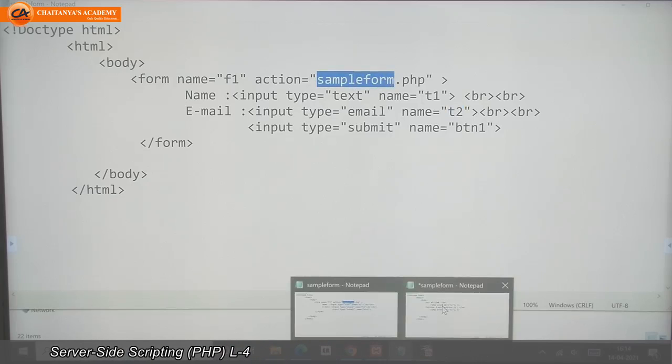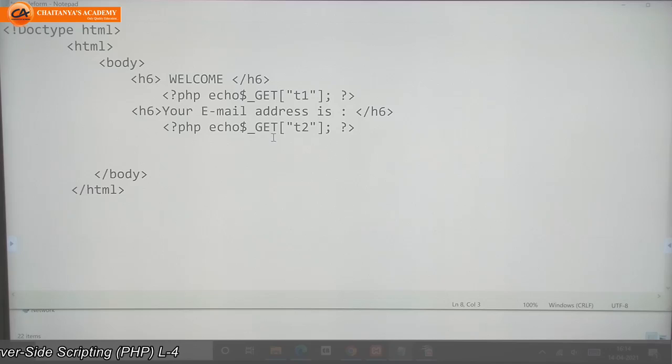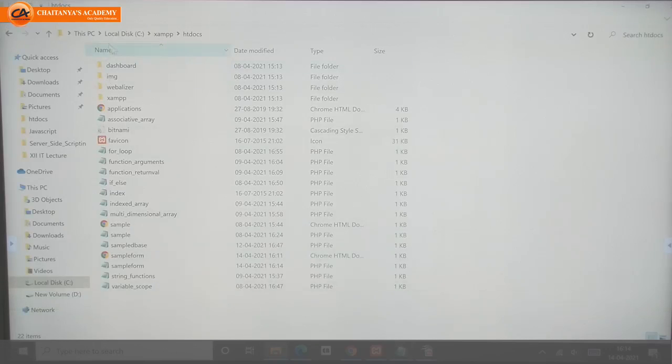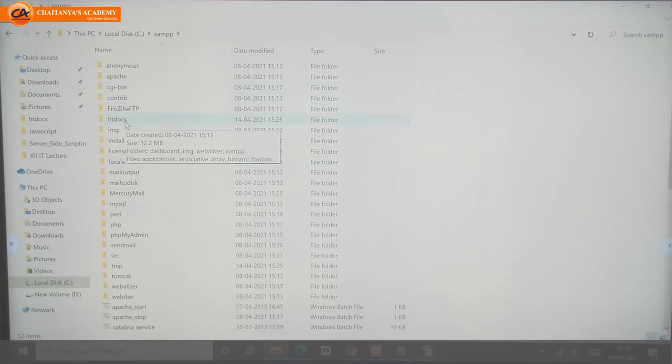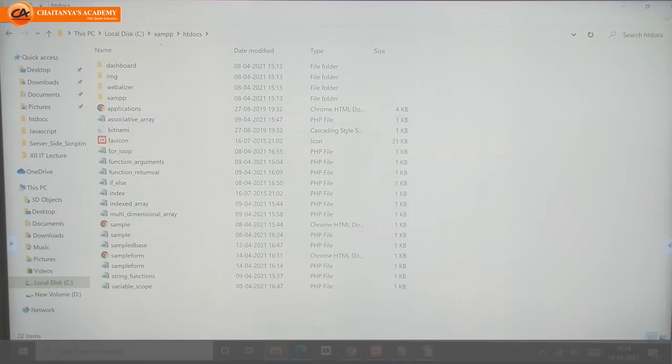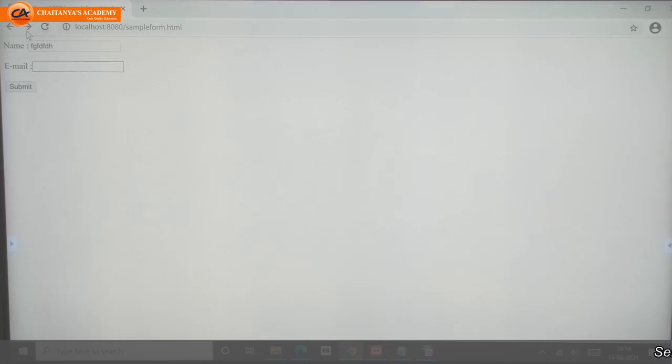So I am going to save my file here as sampleform.php, in the same C drive, XAMPP folder, htdocs. Save here.